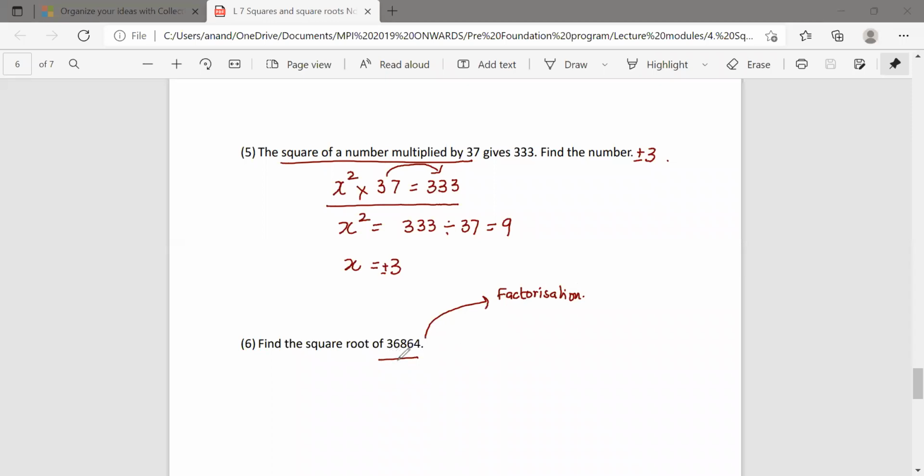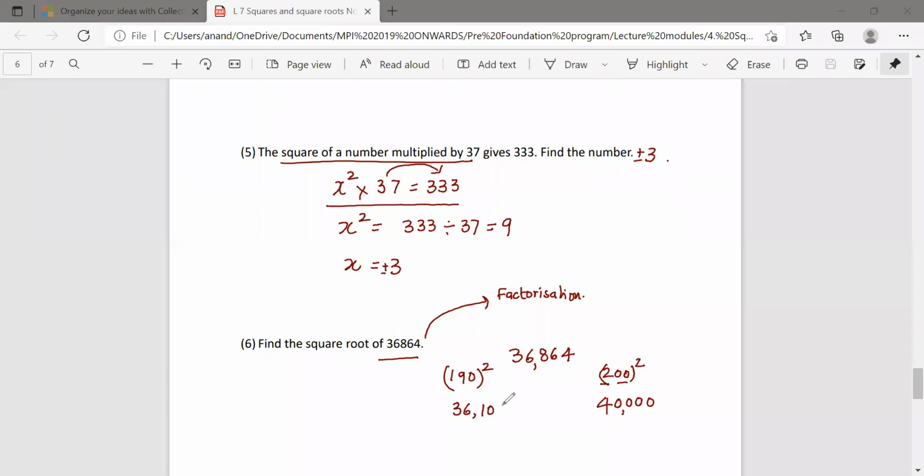Okay. If I see 36864, 200 square. See what I'm doing? 200 square is 4 and 4 zeros. It is 2 with 2 zeros. So square of this will be 40,000. And 190 square. 190 square will be